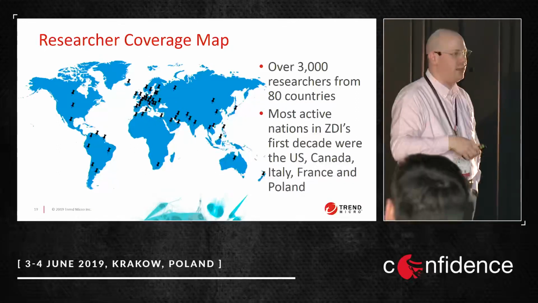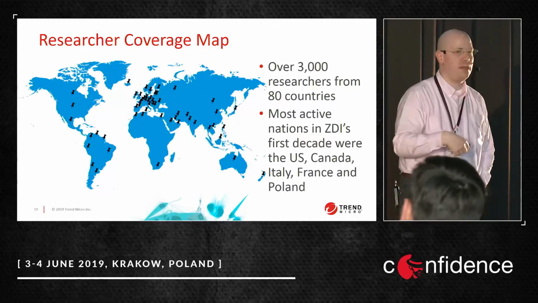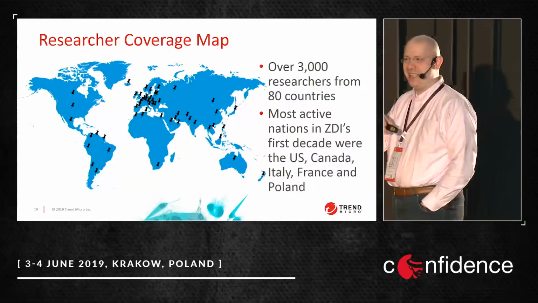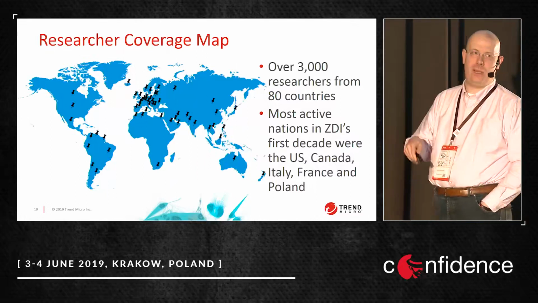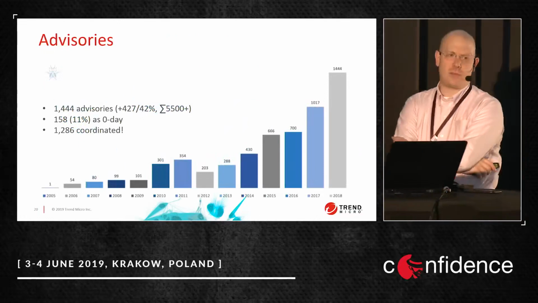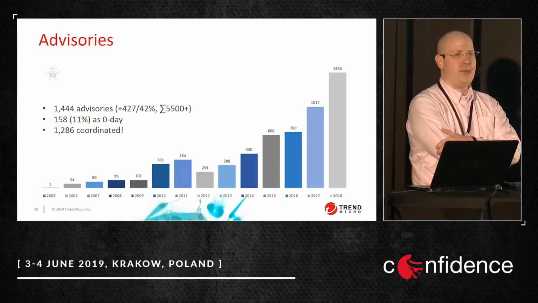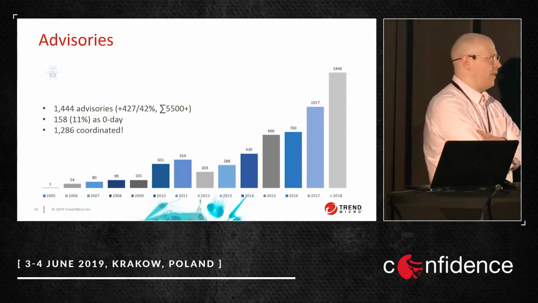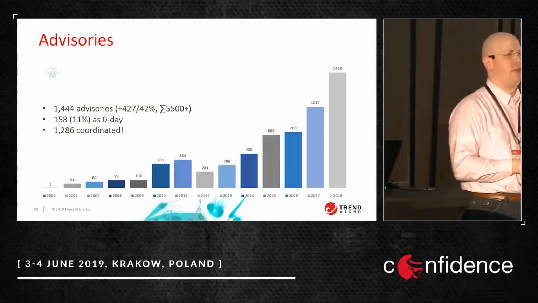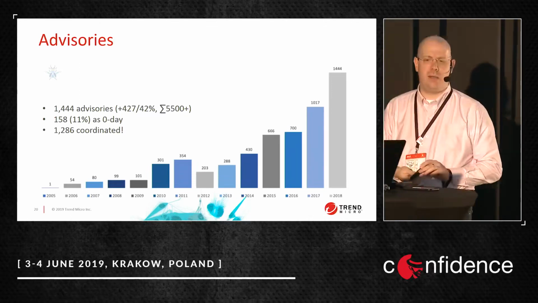So we are actually providing the front end for you to submit vulnerabilities. We are buying them, but the important thing is we disclose those vulnerabilities as well to the vendor, and we're talking about a lot of vulnerabilities. If we're talking about 2018, we're talking about roughly 1,400 vulnerabilities that were disclosed through ZDI. That's an increase of, I think, 42% compared to 2017. Over the whole lifetime of ZDI, something like 5,500, roughly, vulnerabilities.